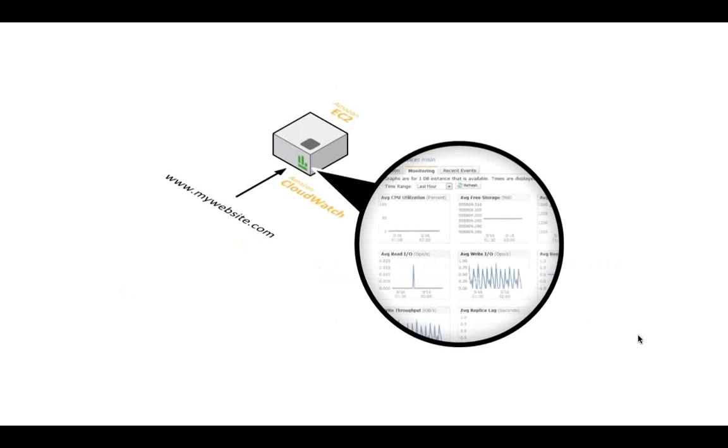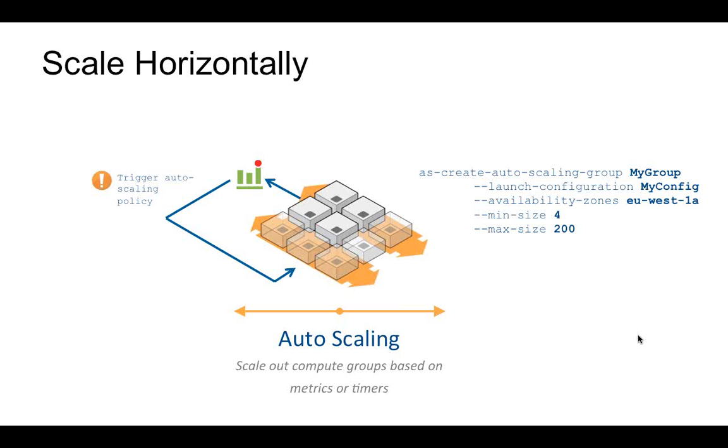Now, CloudWatch helps you investigate your current resource utilization of your instances. But it's also used for another task, autoscaling. By changing the instance type, basically rebooting your instance with either a larger or smaller instance, you're scaling vertically, or up and down. However, the best practice in the cloud is to do horizontal scaling, what people call scaling out or in.